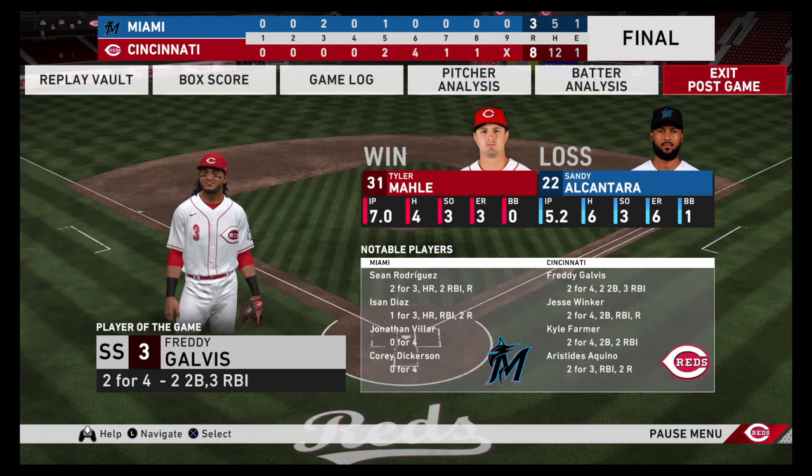8-3 tonight. The Cincinnati Reds rode an important 6th inning to victory in this one. Tyler Mahle gets the win on the mound, his first of the year. So that just about